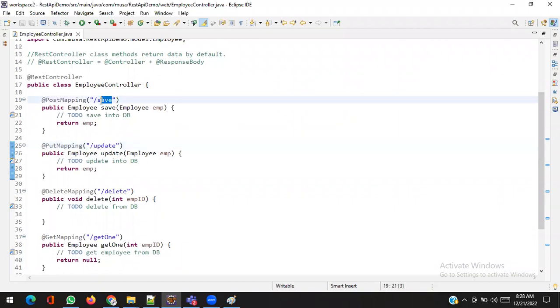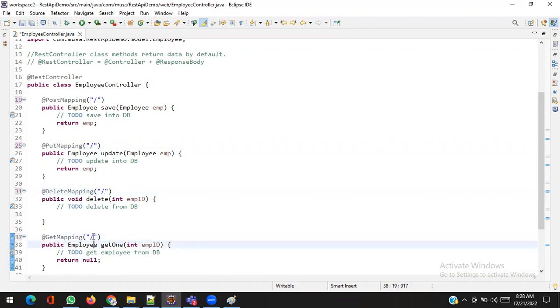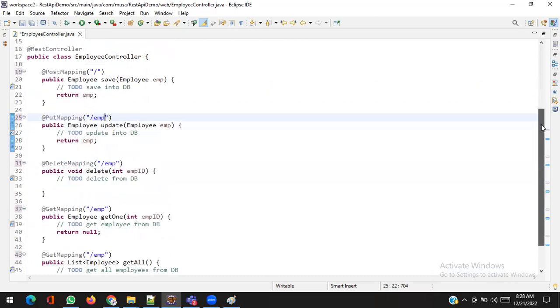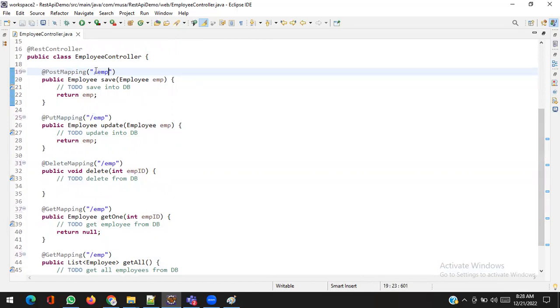We should use something like this: same URL, same URL, emp, emp, emp, emp, emp. You can ask me, oh, the URL should be the same? Yes. When it is the same URL, it means: